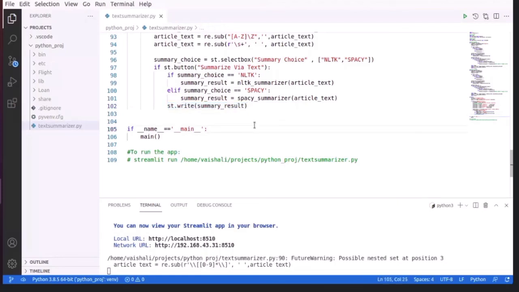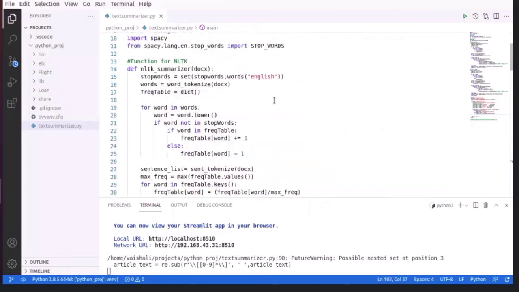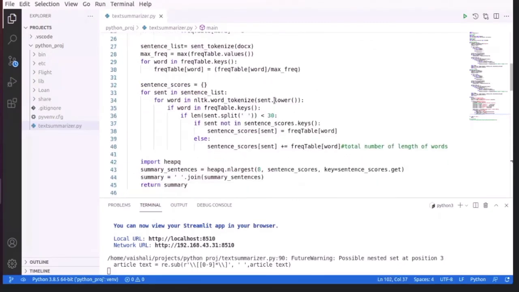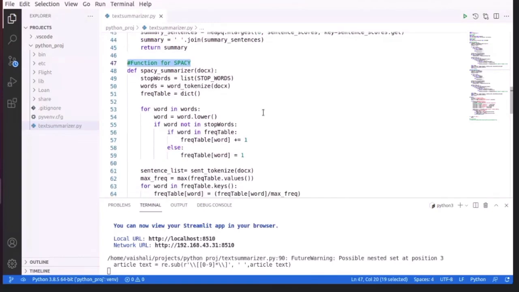And if the user selects Spacy summarizer instead of NLTK summarizer, the Spacy summarizer function will be called. The logic of the Spacy summarizer is the same as the NLTK summarizer. It will generate the same output as the NLTK summarizer.